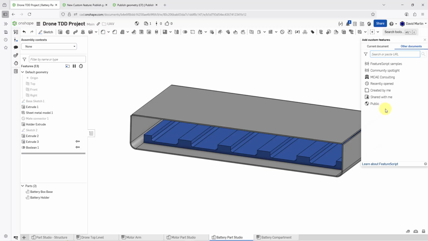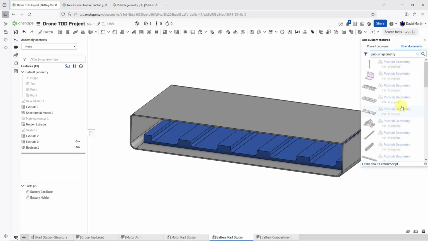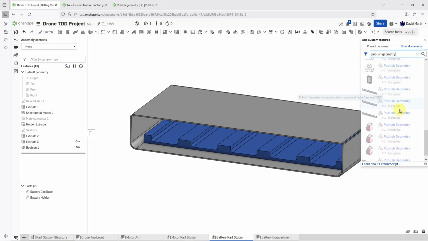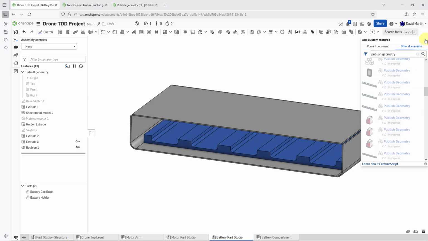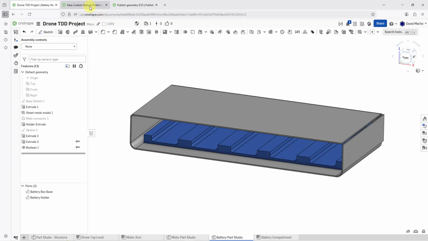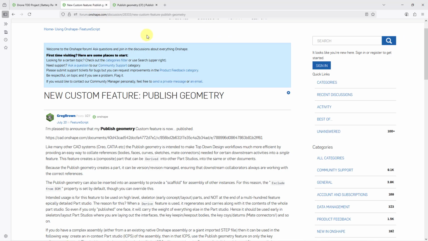If you just search for published geometry, you're going to end up with a lot of results. A lot of people have worked on their own published geometry features. You can see that we have a long list inside of here. Let me cancel out. If you go back to the original announcement for the published geometry feature, and I will